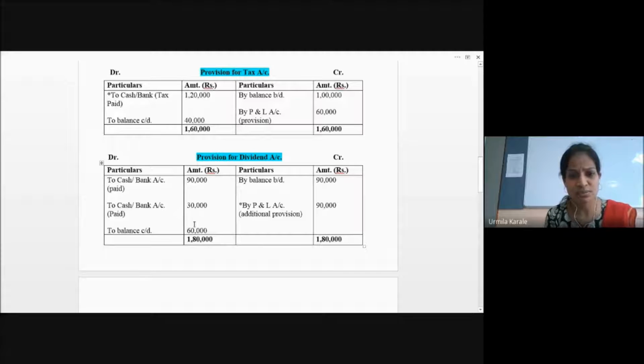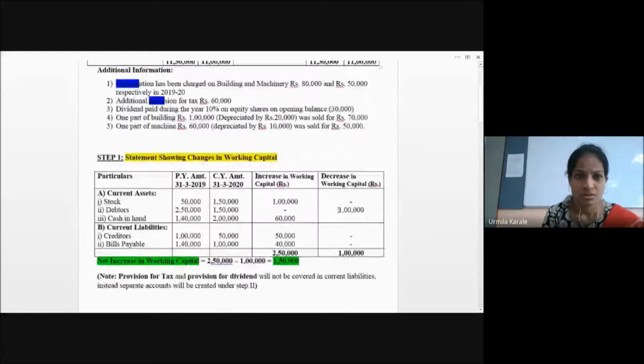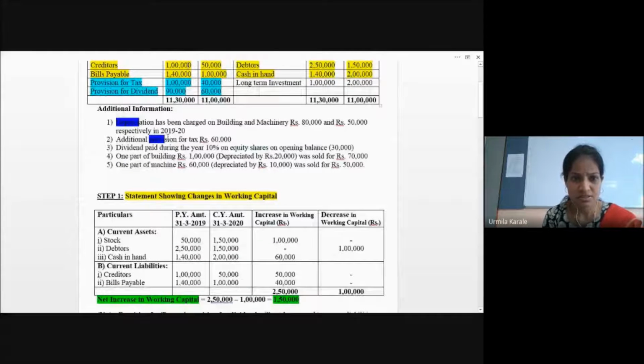So this 90,000 is the new provision you have created, to make this payment, plus this is the closing balance which is still there in the account. So this plus this new provision. If you had paid this, there should not be anything, yet you have paid this much and this is left. So this is the new provision created, which we are showing as a balancing amount. We are done with this and this also.